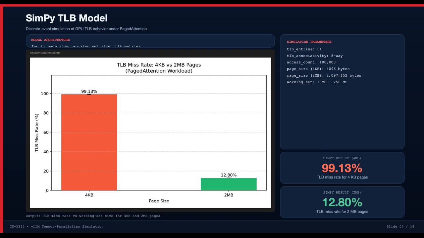The simulation parameters shown on the right side of this slide are 64 TLB entries, 8-way set associativity, and 100,000 memory accesses, a 4 kilobyte page size of 4,096 bytes, and a 2 megabyte page size of 2,097,152 bytes, and a working set ranging from 1 megabyte to 256 megabytes. The bar chart tells the story with 4 kilobyte pages, the TLB miss